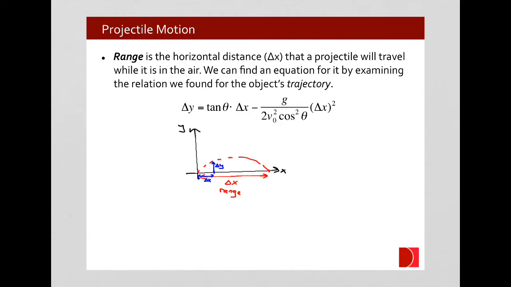If we're interested in the range of the particle, the range is a special case. The range ends, the flight of the object ends, when the change in the y direction is 0. And so what we can do is look at this equation and see what happens when the height is equal to 0. And so we'll go ahead and write